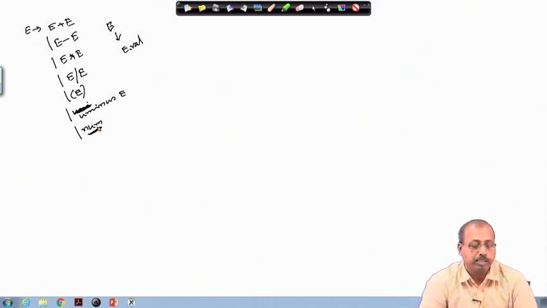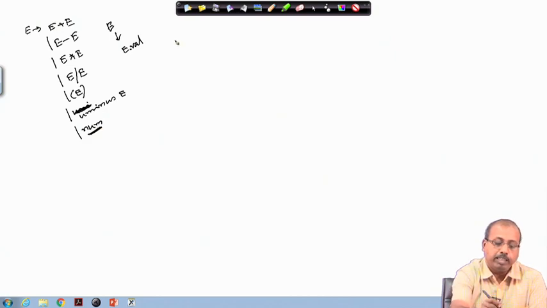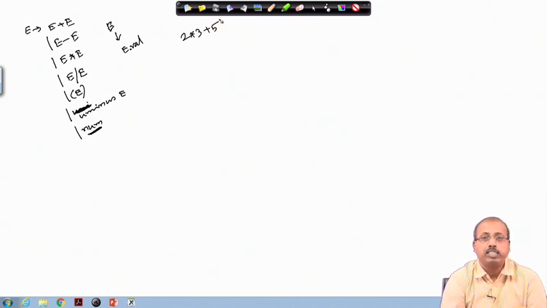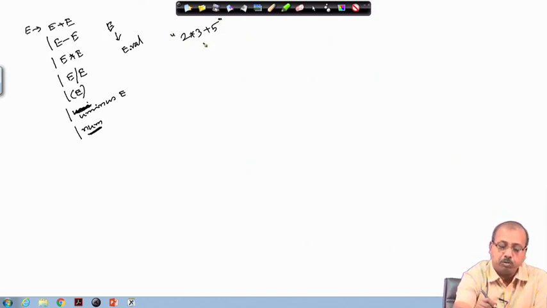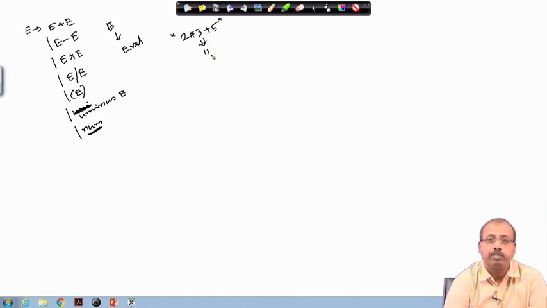That is why it is useful. Maybe while writing some expression, we have written 2 into 3 plus 5. For the programmer's ease it is written like this, but the compiler can easily convert it into the number, that is 11. How that conversion happens, this is coming in the source text and getting converted to 11, you can do by means of this syntax directed translation mechanism, and we assume that we have an attribute val, which will be holding the value of the expression.